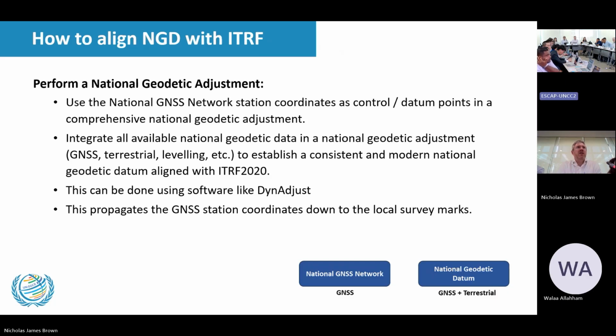And this can be done using software like, there's free software available like DynAdjust. This isn't the only one, but it's a good one that you could lean on because it's open source software. And there's a link at the end of this of where you can get access to it on GitHub. And what this does is it then propagates the GNSS station coordinates all the way down to your local